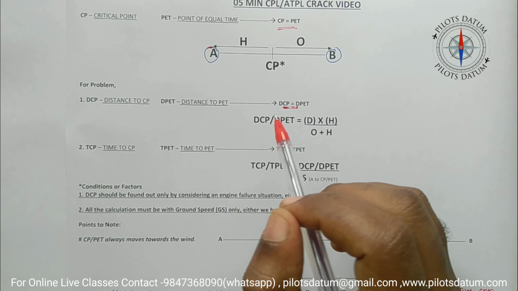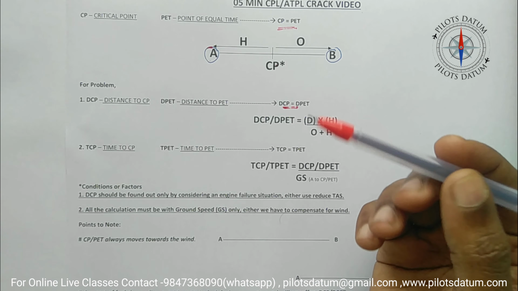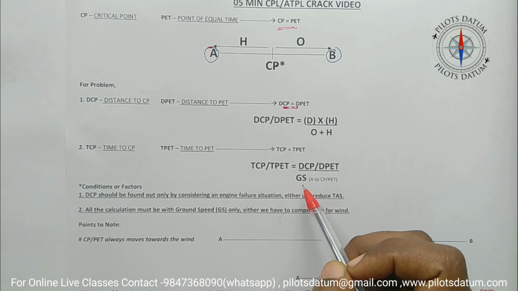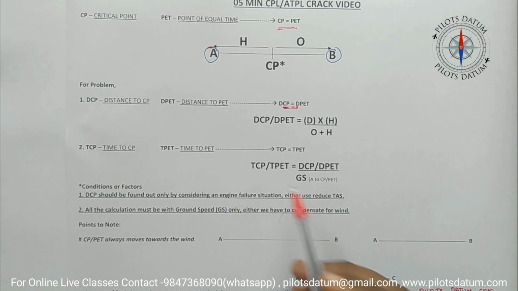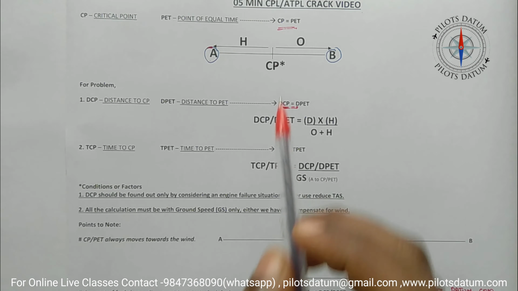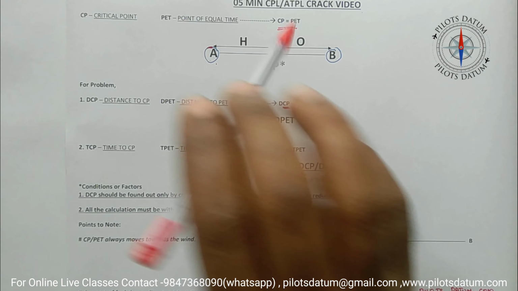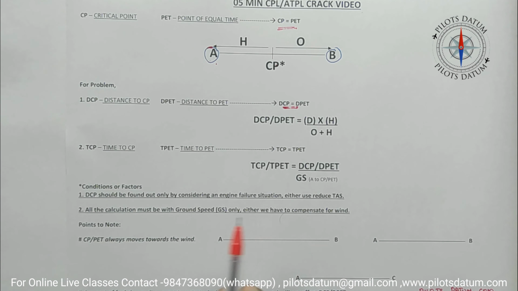Why the directions are very important is that when you come to the problem part, they usually give different wind speeds in different legs. If we get the directions clearly, only then can we get the actual ground speed. So the direction is very important. In finding TCP, we are taking ground speed in the leg from A to CP. The aircraft is traveling in this direction. In outbound, it is also traveling in this direction, and for H, it is traveling in the opposite direction. You will get it clear when you do a problem. So these are the conditions or factors that you should remember while doing a CP problem.